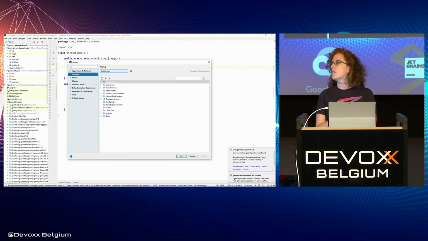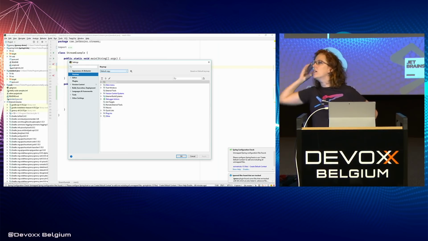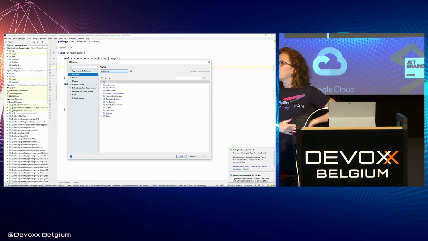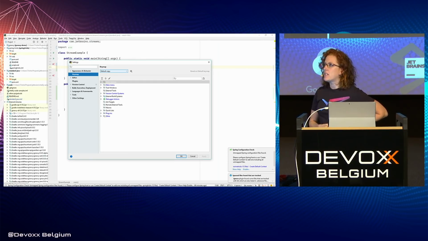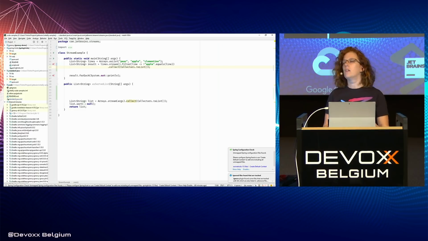1 minute left for more questions. Yes? I've seen you executing the run on the tests, but is there a way to switch the profiles that you run? Well, you can have different configurations that you run. Yes. So one of the ways you can do that, I probably don't have that in here, is